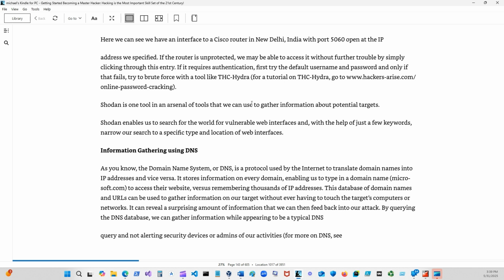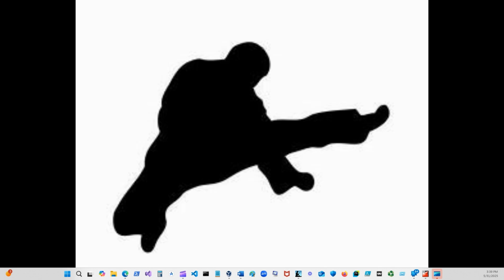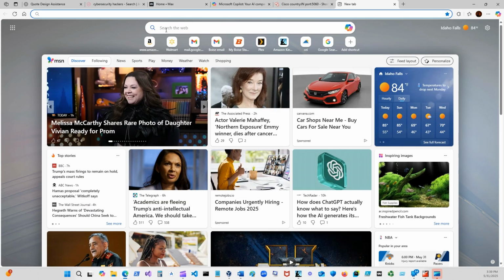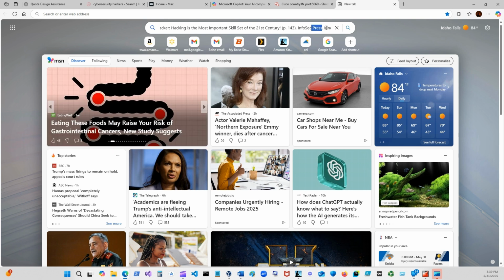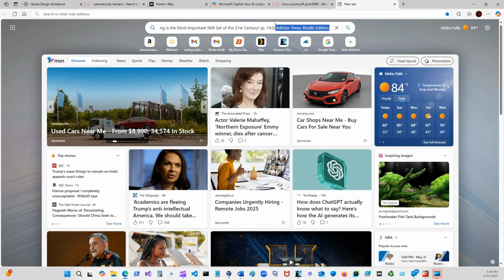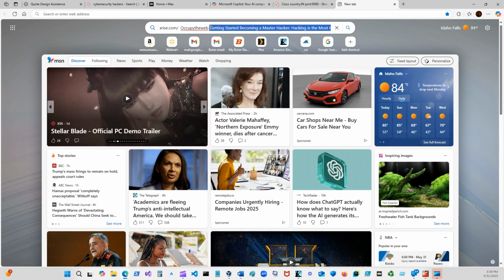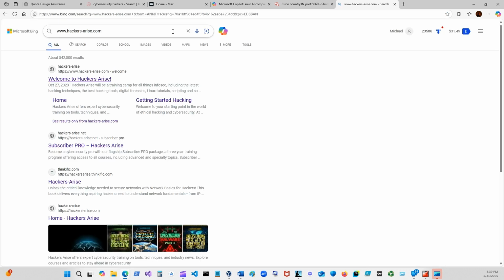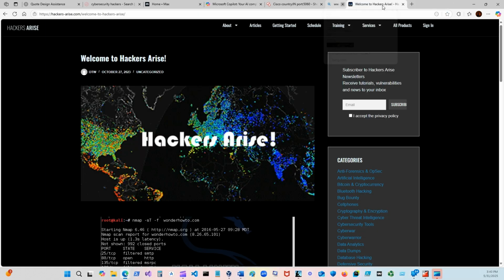And so Hackers Arise, and we can even go there, right? We can just check it out. So if I go here, it's fun, right? It's just more options. Because there's so much dumb crap out there that's wanting to take your money, that you pay so you can get certified and stuff. And what is it for? What are you really learning? I'm serious. You need to have practical experience on stuff. You need to research. You need to do reverse engineering. You need to do stuff, right? So welcome to Hackers Arise. So this is Occupy the Web.